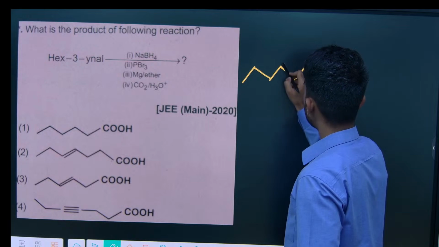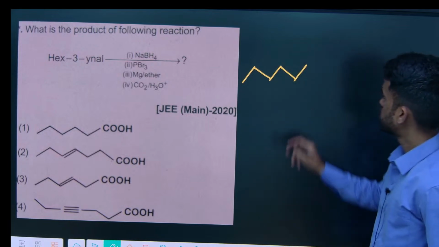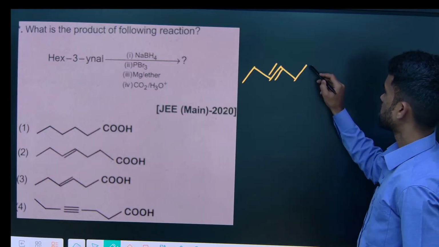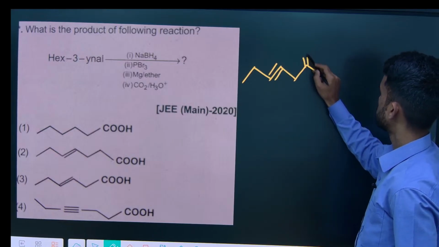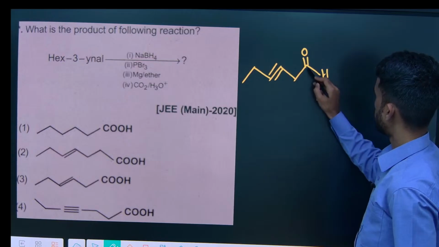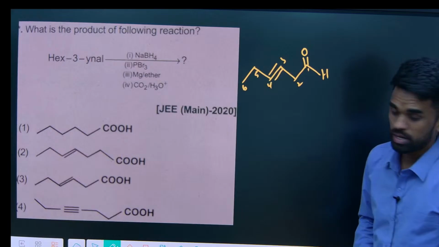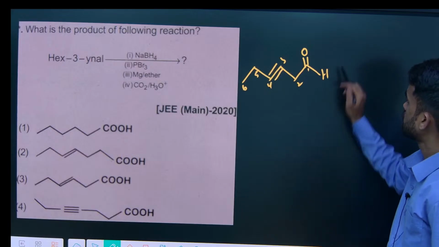One, two, three, four, five, six. Okay, so third position, ion. Okay, and first position aldehyde. That's it. So one, two, three, four, five, six. Okay, so hex-3-ionol. Perfect. Treated with